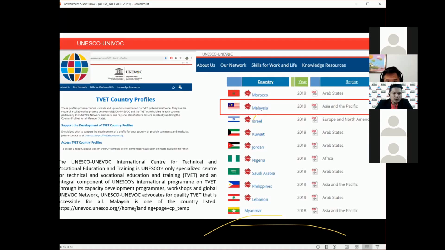UNESCO organization home landing page, and so on. So you can Google later. Of course you can Google now, but also can if you want to check. Basically, the TVET country profiles are now being updated by UNESCO UNEVOC, and any of the countries who are going towards TVET are put into the country profile. So we have this TVET country profile. We entered the TVET country profile since 2019. Now about 2 years already, and a lot of countries are still adding on.